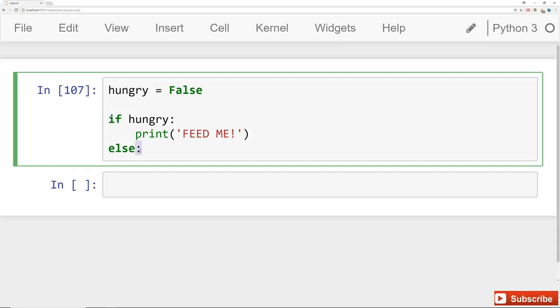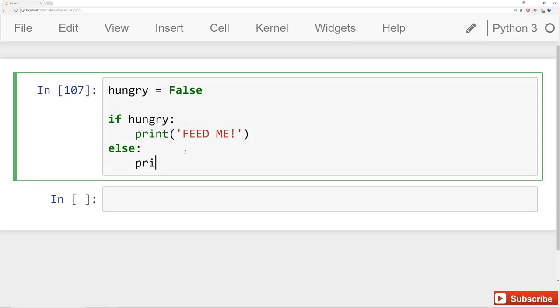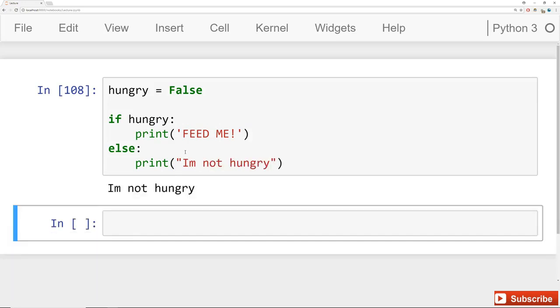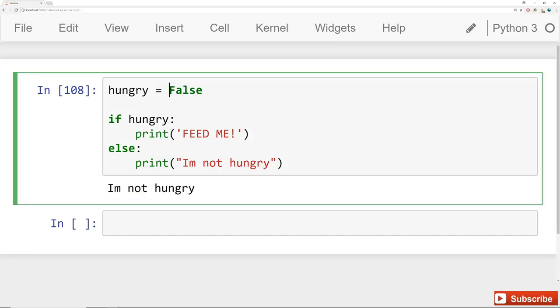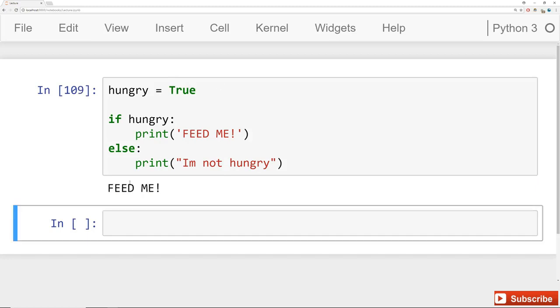So else doesn't have any other conditions attached to it because we're only going to execute else if none of the conditions above happen to be true. So right now we're saying if you're hungry, print feed me. Otherwise, print I'm not hungry. I'll run this, and right now because hungry was equal to false, we're getting back I'm not hungry. If we change hungry to be true,